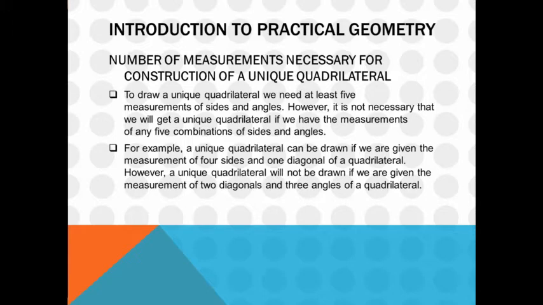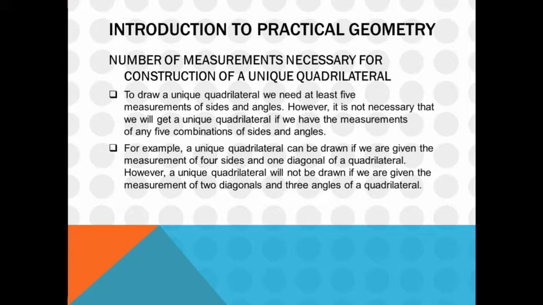Now, first of all, we will see what construction we are going to do in this chapter. In this chapter, we will mainly be doing the construction of quadrilaterals. In class 7th, we did the construction of triangles. Triangles we constructed by using different congruency criteria: SSS criteria, SAS criteria, ASA criteria. We will be using the construction of triangles in the quadrilateral also.